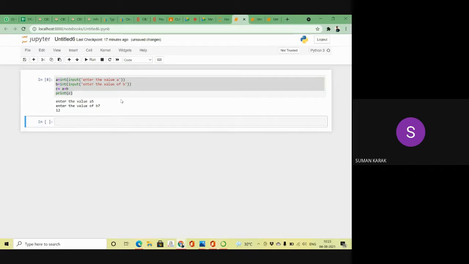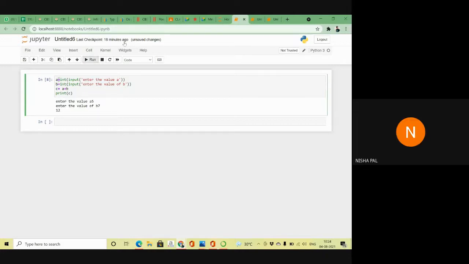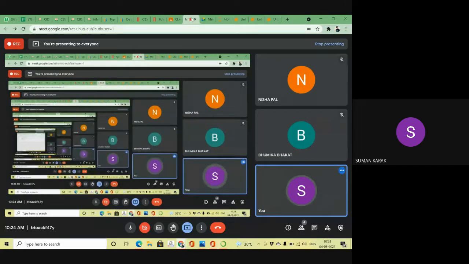If you do not mention which type of data you want to take as input, then by default it will be stored as a string value, and we know if I take a string value, it will not perform any mathematical expression in our programs, right? So whichever value you take will be stored in the variable A and variable B. Yes or no? Yes, sir. Okay. So did you understand about the input function? Yes, sir.